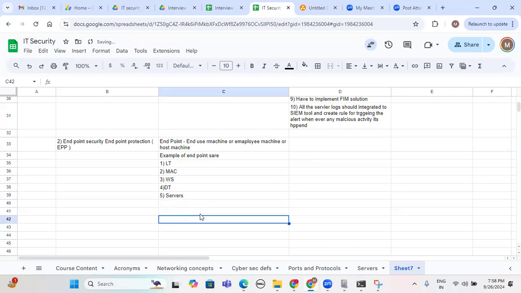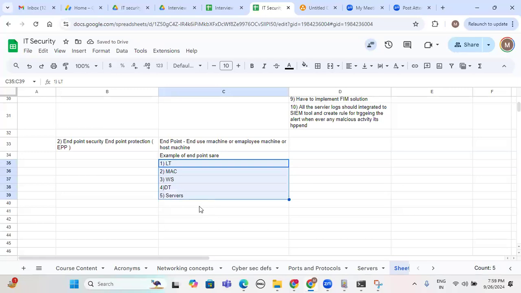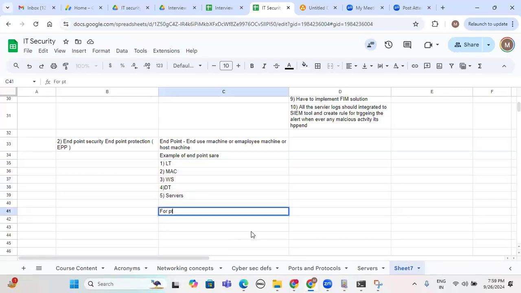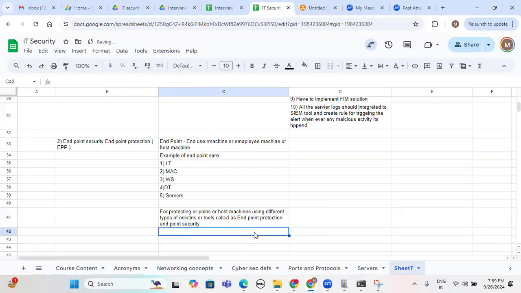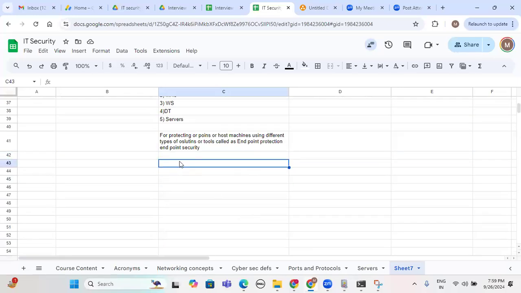Now, what are the different types of security solutions to protect all these endpoints? For protecting endpoints or host machines, using different types of solutions or tools called endpoint protection or endpoint security. Take the example of your laptop itself, the company-provided laptop. What are the different solutions we have to provide? So examples of endpoint security solutions are,